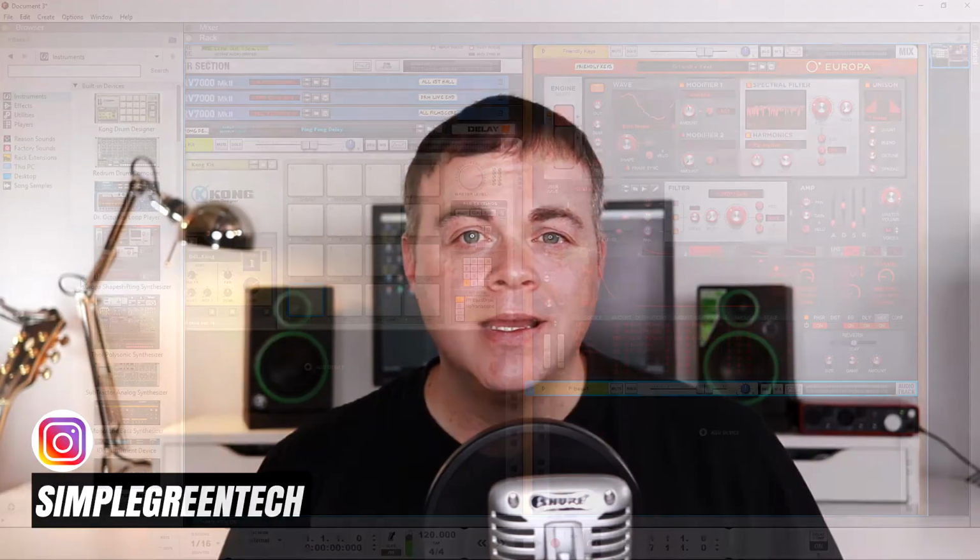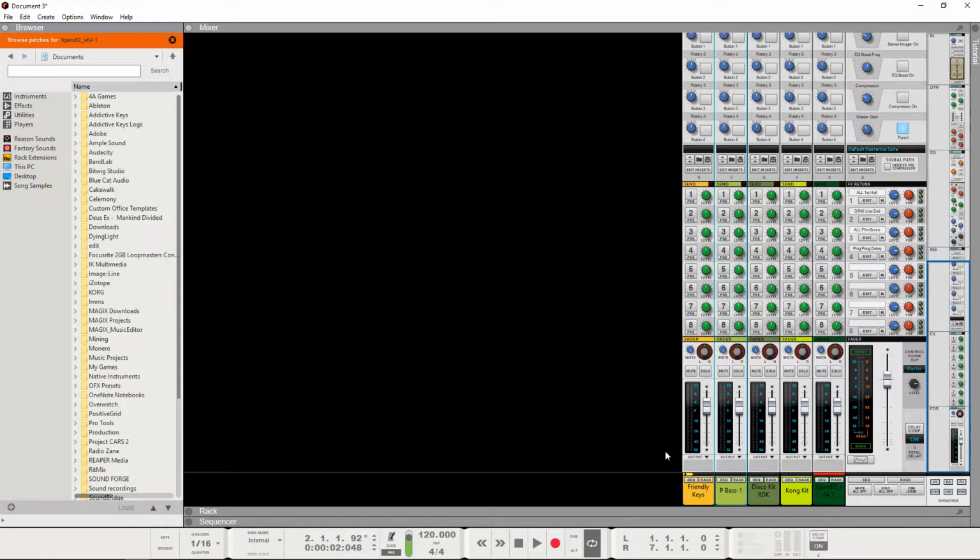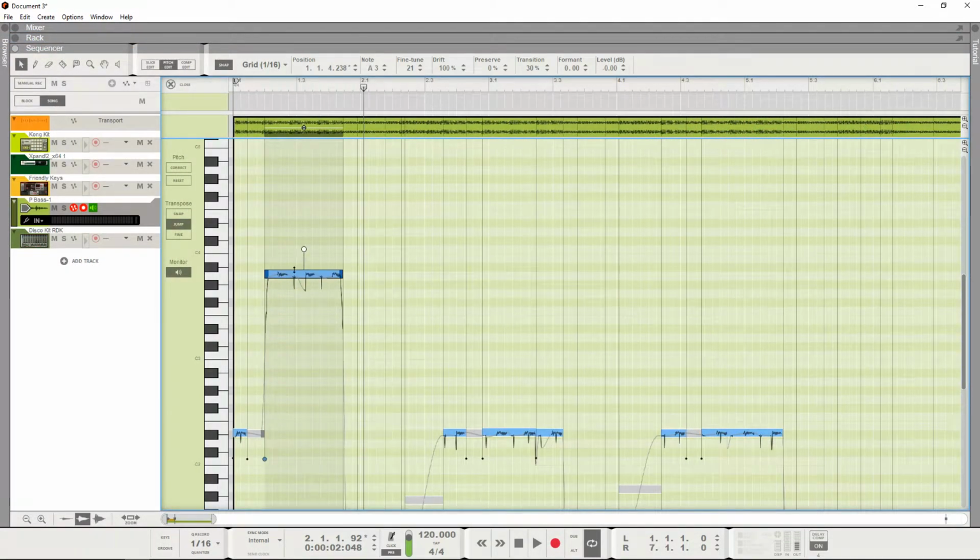What makes the Reason DAW from Reason Studios great? Is it the classic rack styling, the console-style mixer, or the ease of use for editing and recording? Or maybe it's all of these things. In this video, I'm doing a Reason 11 review. I'm going to look at the actual program, some of the effects and instruments, and I'll let you decide if Reason 11 is the right DAW for your home studio.